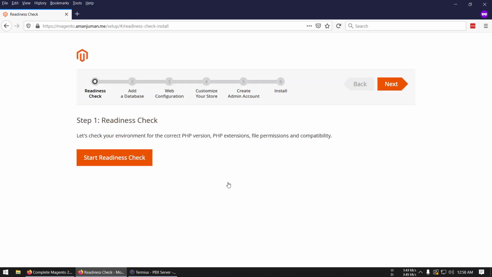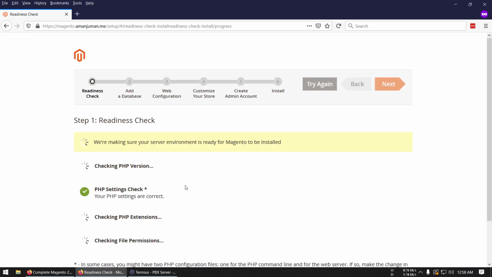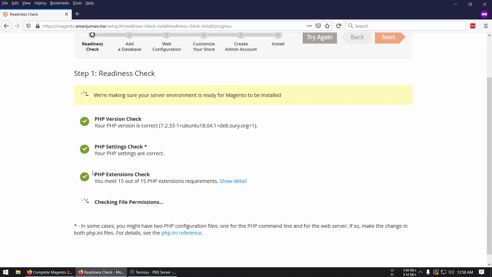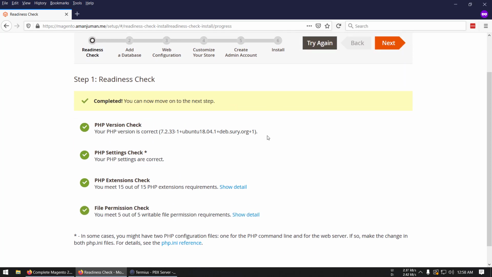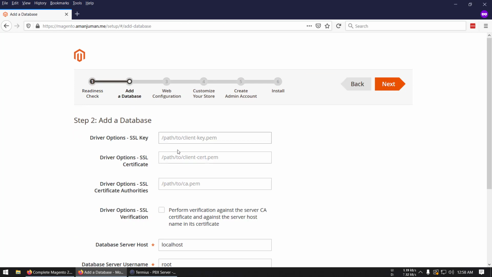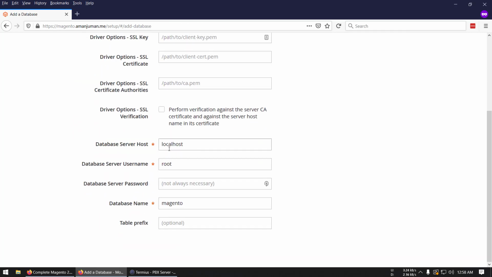So agree and set up, Magento readiness check. Everything is working fine. Let's move on to the next step. Database localhost. If you use RDS, then you have to put your RDS URL or something else. Then the server username. For me, it's Magento